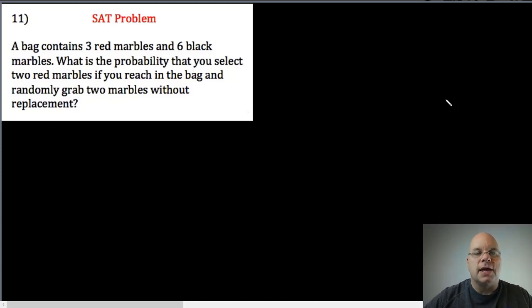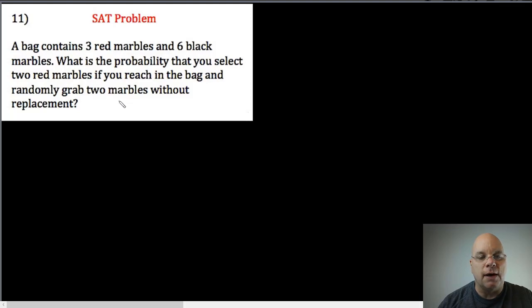Problem number 11 is an SAT question from an SAT test preparation resource. It says a bag contains 3 red marbles and 6 black marbles. What is the probability that you select 2 red marbles if you reach in the bag and randomly grab 2